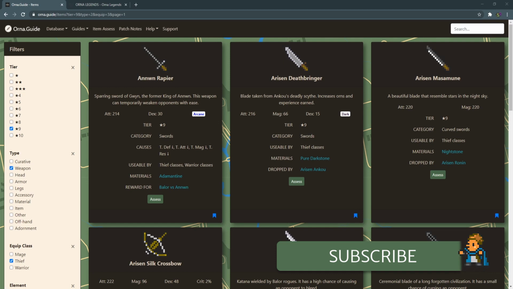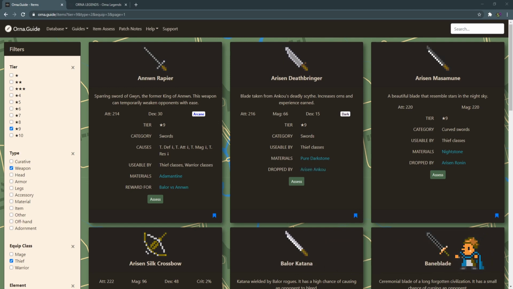We'll quickly mention this Arisen Deathbringer, which is like the upgraded version of the Deathbringer from Anku. Drops from Arisen Ankus, therefore making it very rare. However, it does increase your Orns gained and more importantly your experience earned as well. As the next class, you'll also get weapon bonus proficiency with this weapon. Unfortunately, we can't get rid of the innate dark element on it,